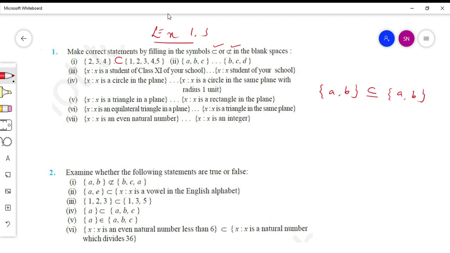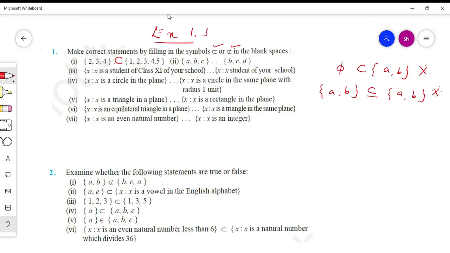Okay, and one more very important thing which we discussed in the previous videos was that the null set is going to be the subset of any given set. For example, if the given set I consider as {a, b}, the null set will be the subset of {a, b}. So these two concepts are very important. A set is going to be a subset of itself and a null set will also be a subset of the given set. I hope it is clear.